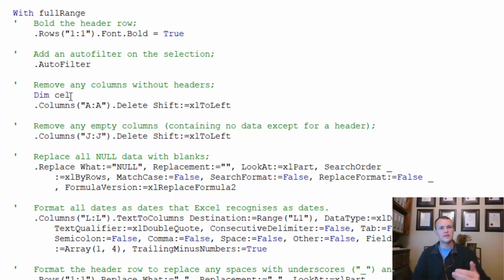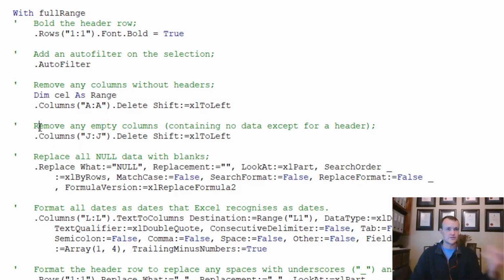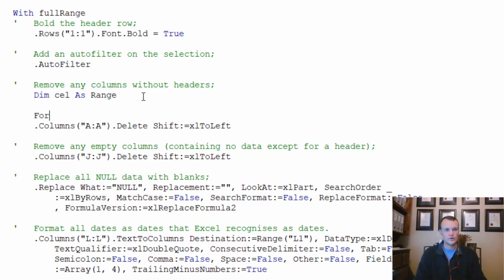Someone after me would need to come and understand what I am referring to here, and it makes sense that I'm using the word cell because I can read it as pseudo language. Okay, hope that makes sense. I'm going to say dim cell as range because it's an Excel range. One cell is a range within Excel, and I'm going to say for each cell in,